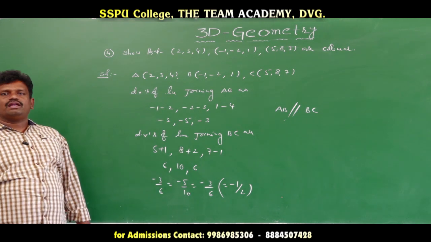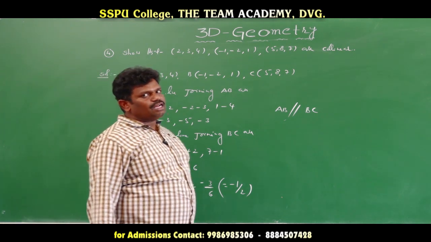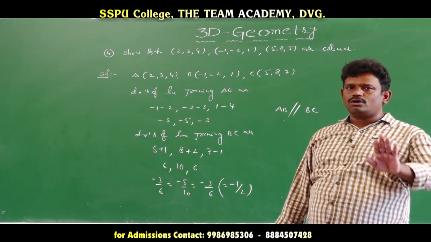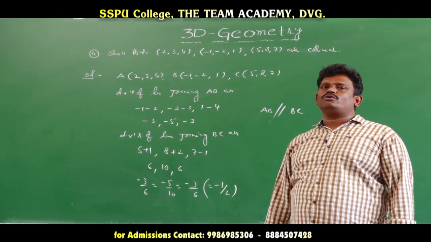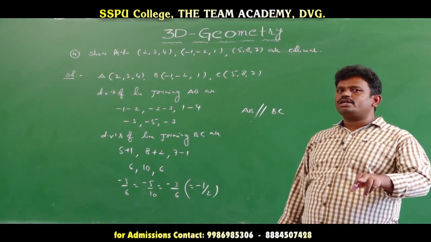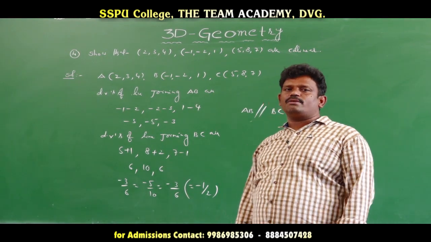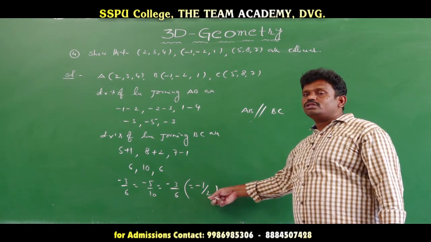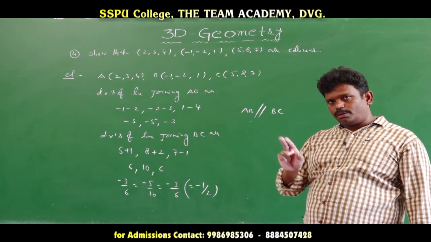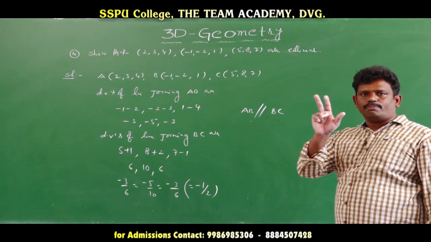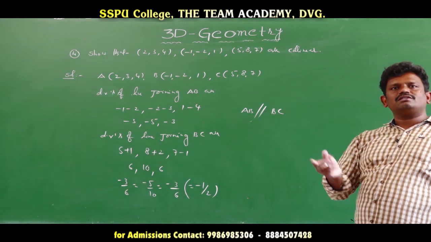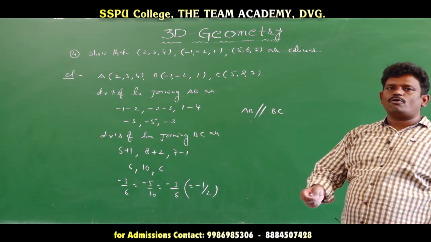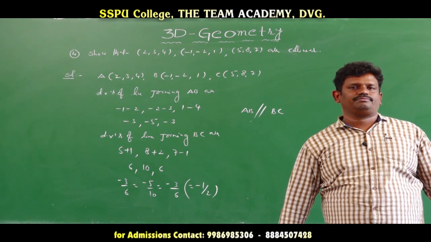Collinear points. Once again, remember, in three dimensional geometry, for any 3 given points, if you want to show that they are collinear, we first find the direction ratios of the line joining A and B, and the direction ratios of B and C. Then we verify the proportional condition. If the two direction ratios are proportional, then the two lines must be parallel. Since they are parallel and the common point is B, the given 3 points are collinear points.